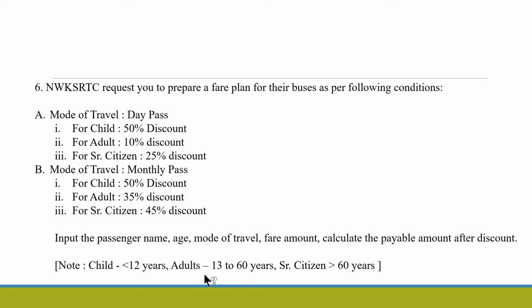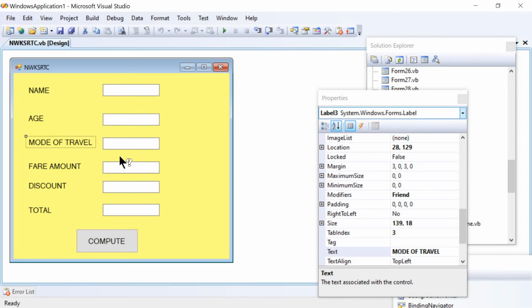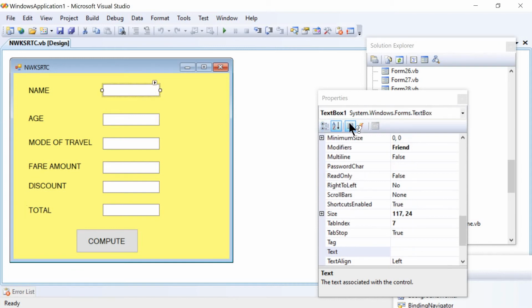Right now let's see the window design for this particular program. Label 1 name, label 2 age, label 3 mode of travel, label 4 fare amount, label 5 discount, label 6 total, text box 1 till text box 6.